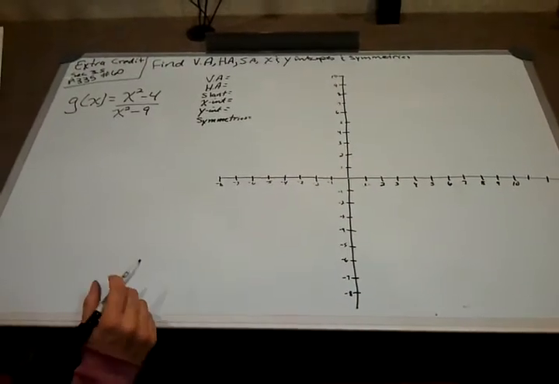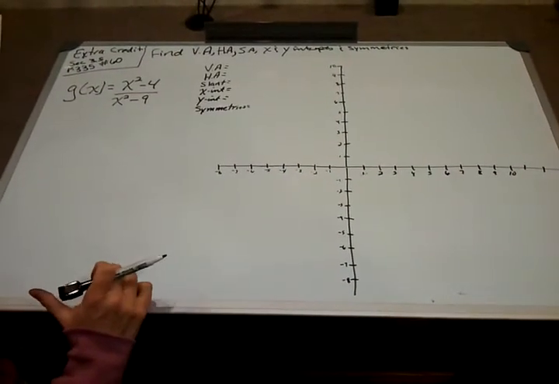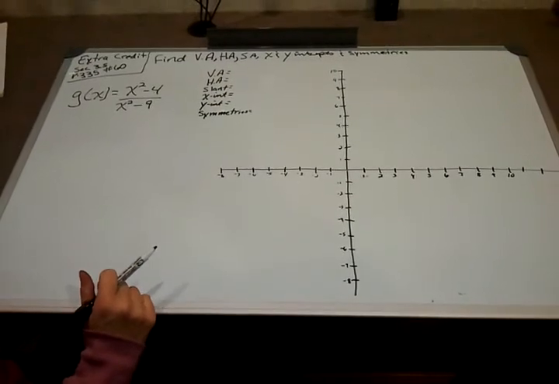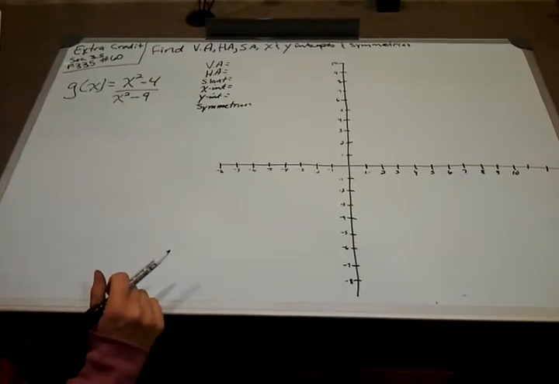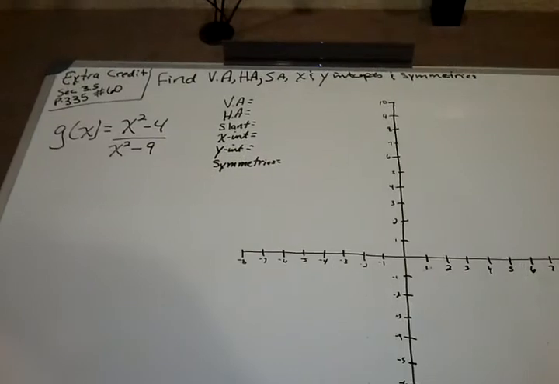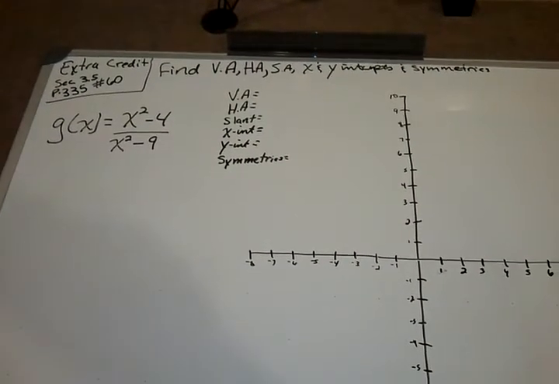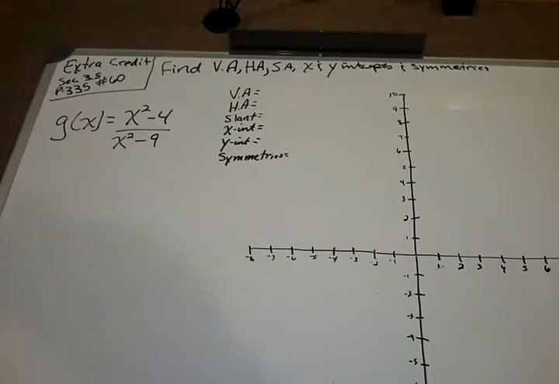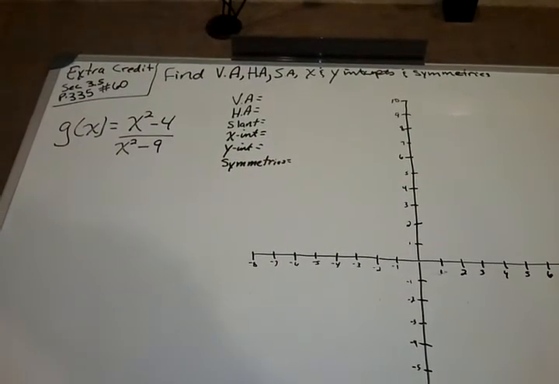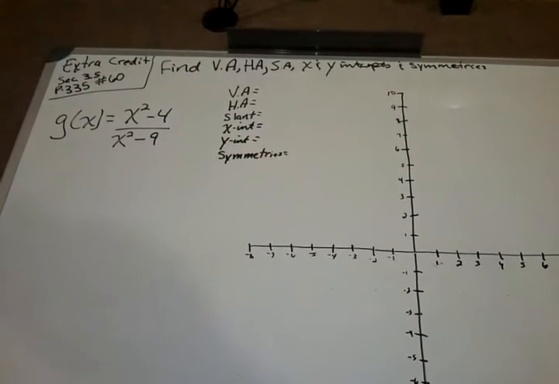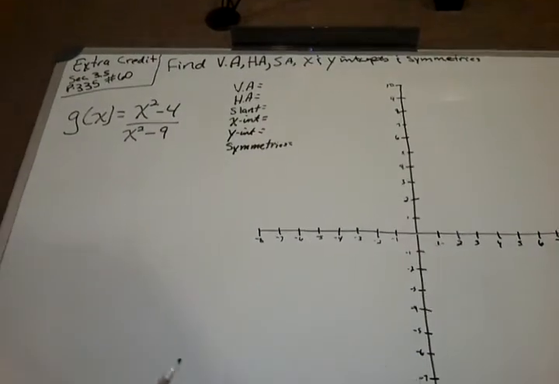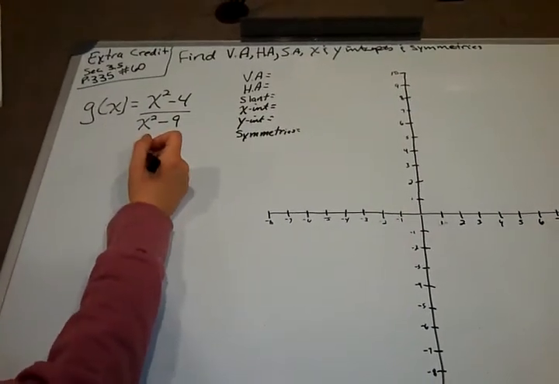Welcome to my video. In this video I'll be doing extra credit for section 3.5, page 335, column number 60. The directions ask us to find the vertical, horizontal, slant asymptotes, the x and the y intercepts, and if there's any symmetry. First thing I'll do is